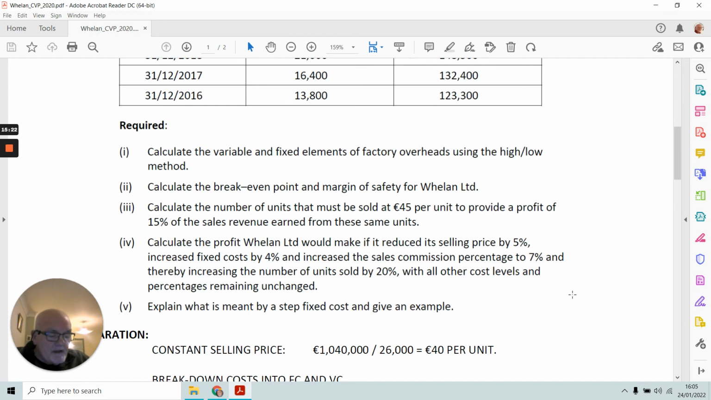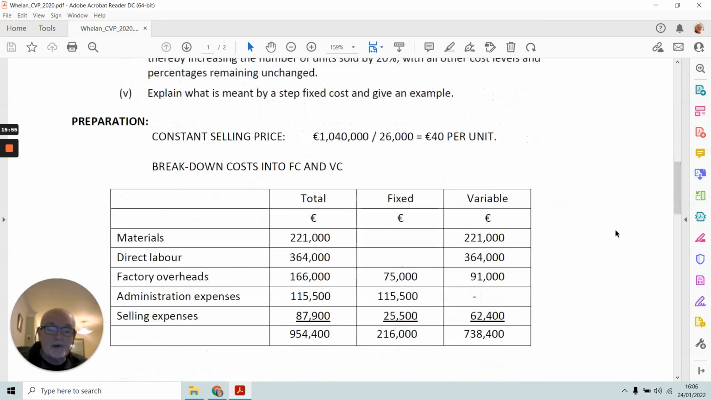Now, our original sales commission was €2.40. Now it's going to be 7% of a reduced price of €38. So now our sales commission, work it out for yourself, is going to be 7% of €38, which is €2.66. It was €2.40, so that means our sales commission is going up by 26 cents. So that means our variable costs are going up by 26 cents. And that's what we're using in our solution here,